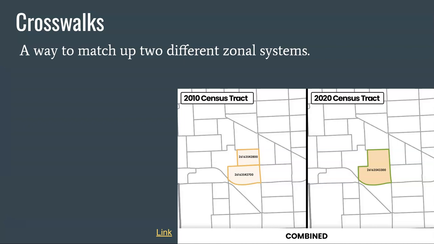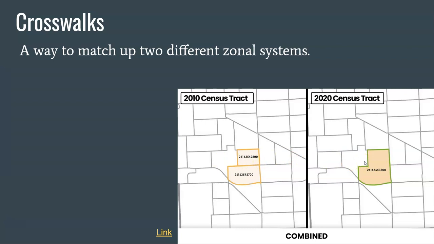You'll see here, for instance, this is really common with census data. Every 10 years, they revise the boundaries of census tracts, often subdividing them or just adjusting those boundaries. So you see here, we've got a 2010 census tract where there's two of them and they were combined in 2020, right? That would be an example of a situation where you need to know how many of the people in these two tracts ended up in this new tract if you wanted to compare population change, say, from 2010